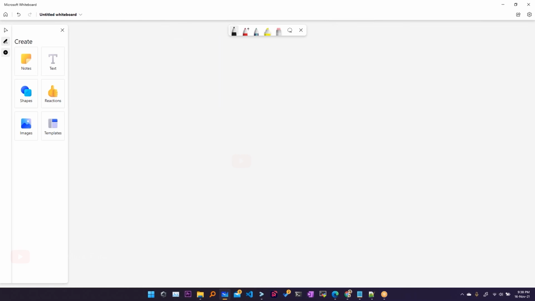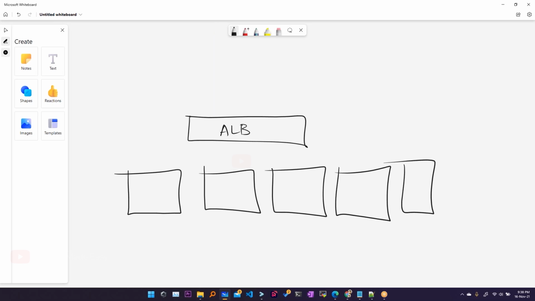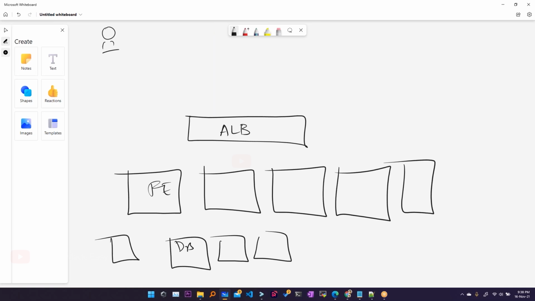The real thing comes in the form of the load balancer. So here we'll have a load balancer called an application load balancer, and there are different instances of your front ends running. There are multiple replicas of your front ends, databases, middlewares, etc. When the user traffic comes, it will come to the load balancer. Now the load balancer will forward the request to different front end instances, so that if there are 5000 users,